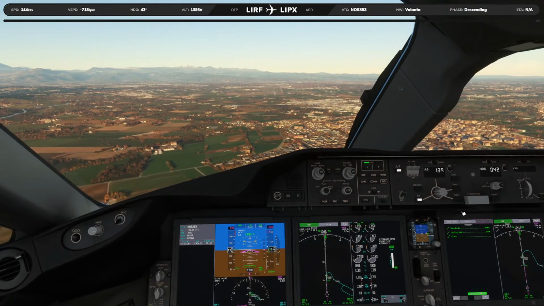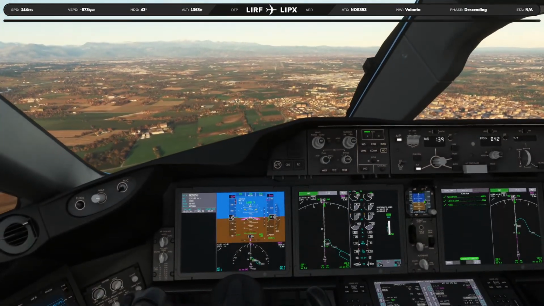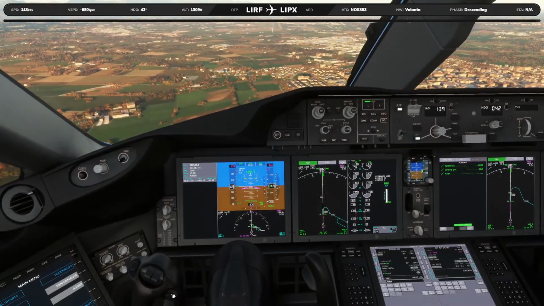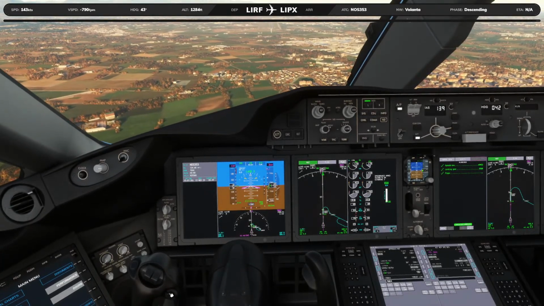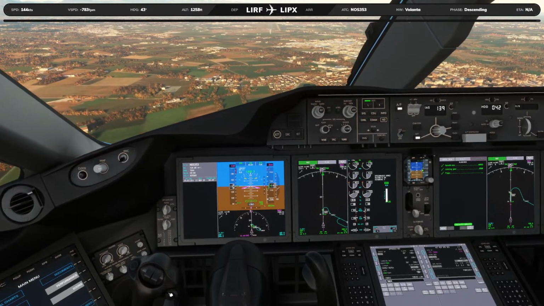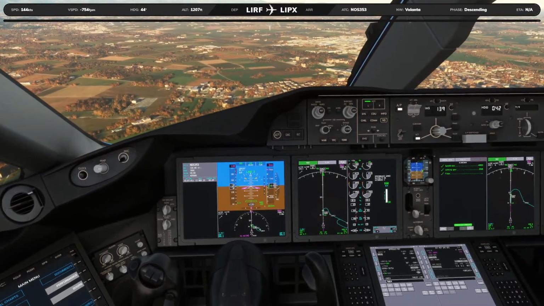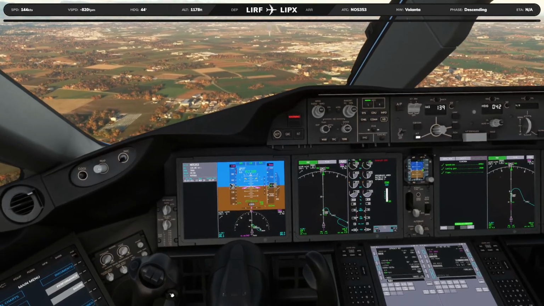All right, almost 1,000 feet. We're going to go ahead and disconnect the autopilot momentarily. 1,000.